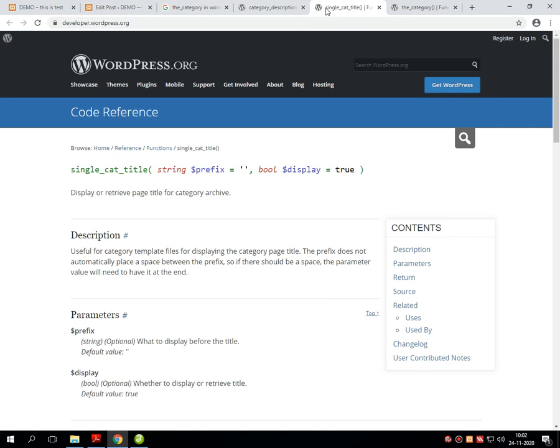As you can see in the theoretical section, it contains two different parameter values: one is a boolean value and another is a prefix value. This function is used to display or retrieve the page title for a category archive. That means for whatever post the category is given, it retrieves that category title for that post onto the screen.